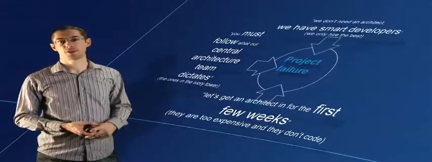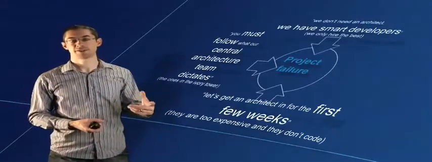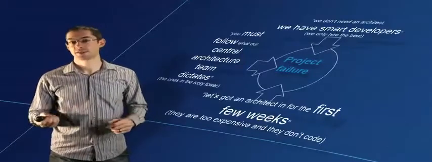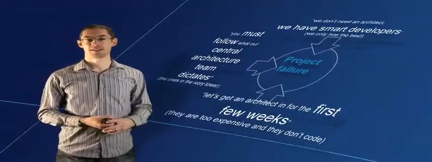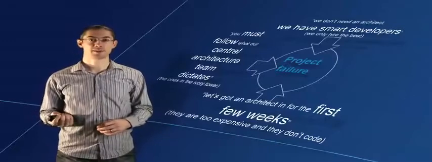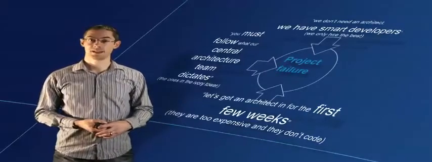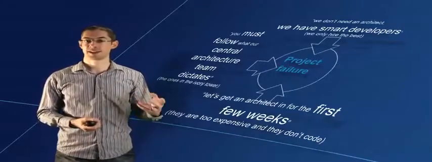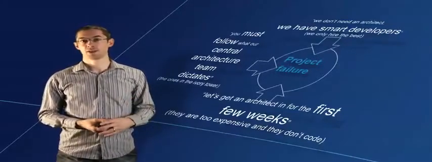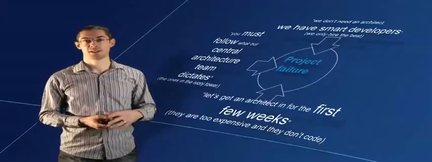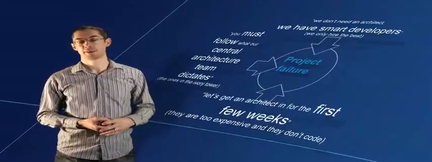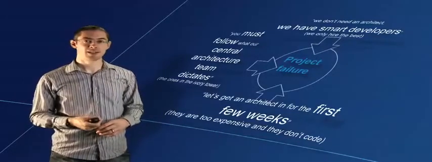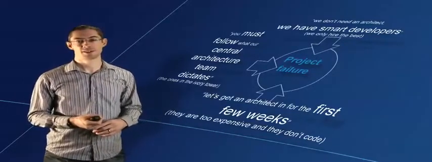One of the side effects of software architects having a bad reputation from their limited involvement is that some teams will just think, well, okay, we don't need a software architect, and instead they'll just try and hire the smartest developers that they can lay their hands on. Now, this is great because hiring smart developers means you're going to get people who understand technology, who live and breathe it, who can put code together, use the latest technology, use the latest programming language features and so on. But that doesn't necessarily mean that the system is going to be successful as a whole.